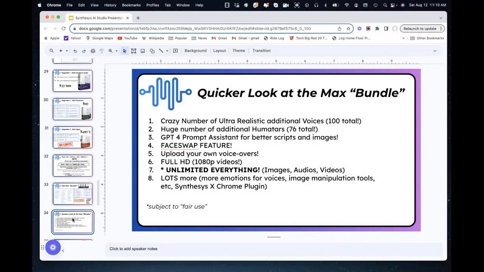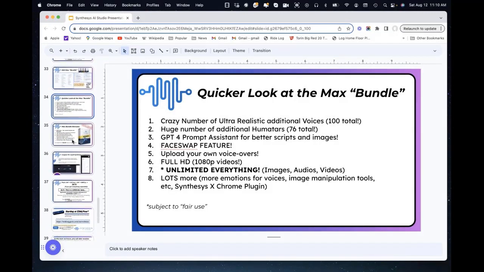Unlimited, I repeat, everything. Unlimited images, unlimited audios, unlimited videos up to the fair use limit, meaning just don't break the system, please. Lots more emotions for the voices, image manipulation tools, etc., and the Synthesys X Chrome plugin. All that is included with the Max bundle, but that's not all.